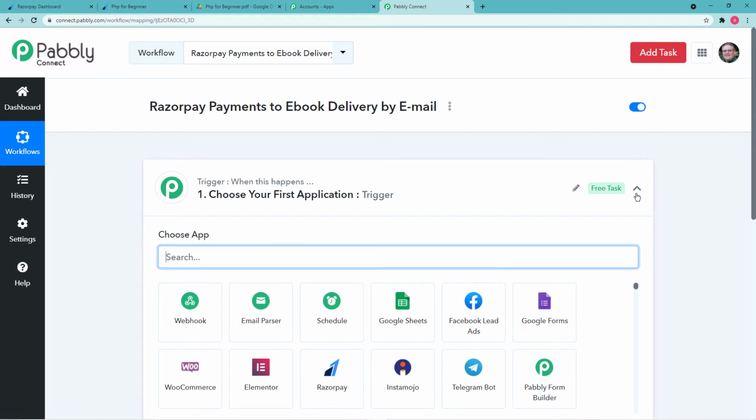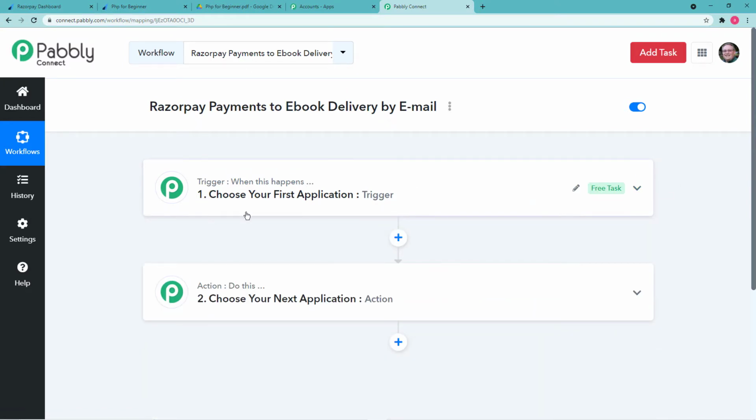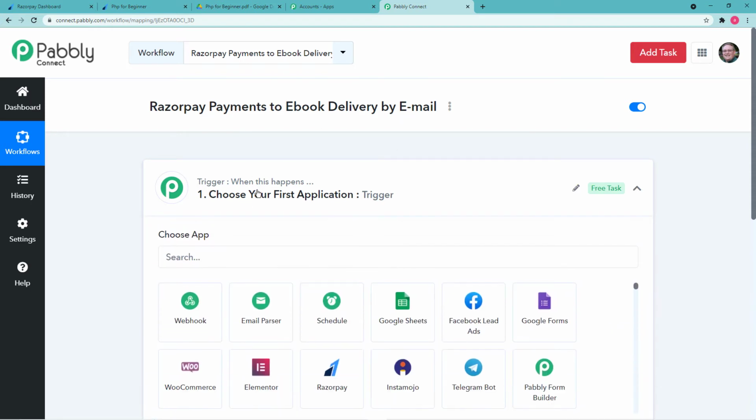So as a workflow get created, you will find these 2 things, the trigger and the action. So Pabbly Connect work on these 2 things. The trigger says when this happens, action says Pabbly Connect do this. So as in our use case, the trigger would be a new payment in Razorpay and the action would be ebook delivery by email. So first of all, you have to click here on the trigger option and then from